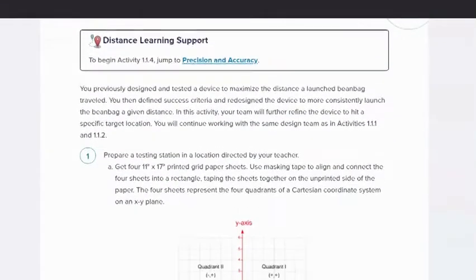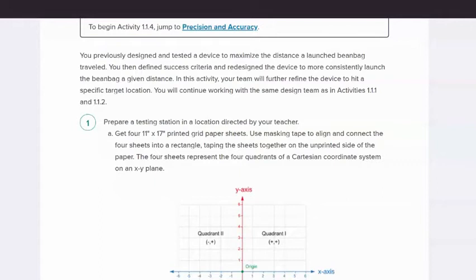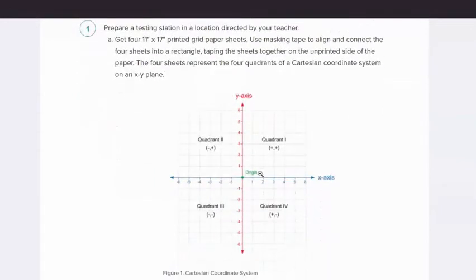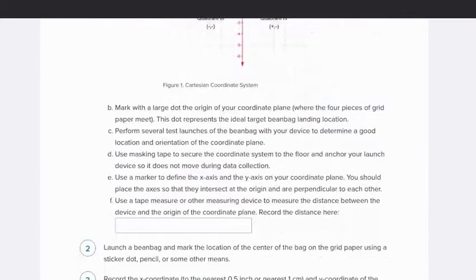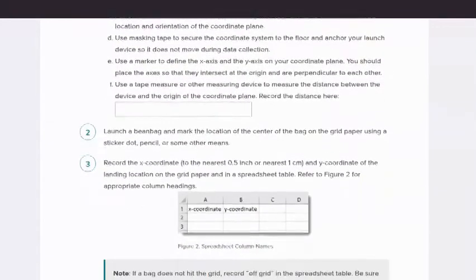So if we scroll down here, we're going to prepare our testing station. You're going to set it up. We are going to have our quadrants, so where those pages intersect are your XY axes. And we're going to take that device. We're going to measure the distance between the device and the coordinate plane. And you're going to launch that beanbag